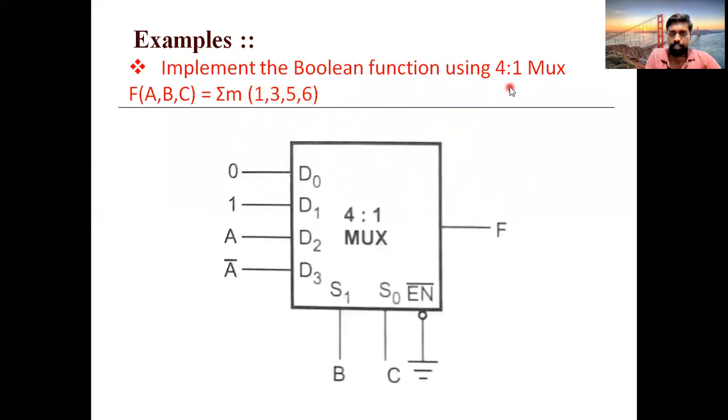So draw a mux. They asked 4:1, right? So 4:1. I took 4 inputs D0, D1, D2, D3. So when we are having 4 inputs, obviously you will have 2 selector lines, S0 and S1. As I took 1 input for this table, the remaining 2 will act as selector lines. So take B comma C. And the answers here: D0 it is 0, D1 it is 1, D2 it is A, D3 is A bar. Okay.